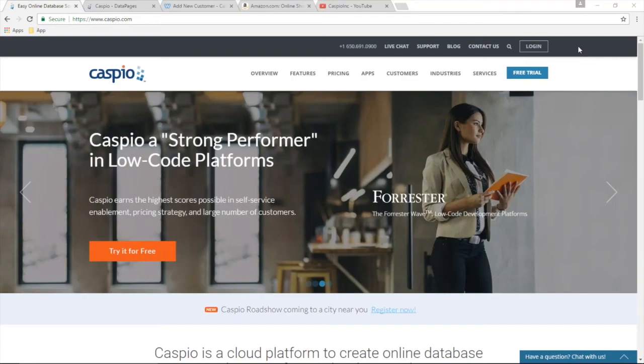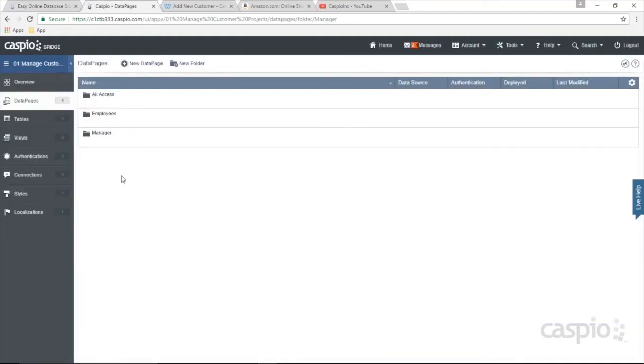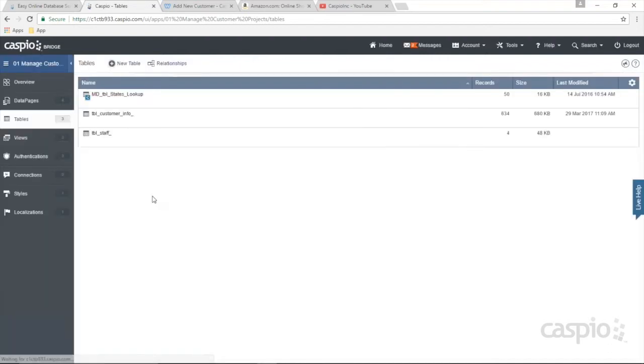So let's go ahead and dive right into the advanced session. So far what we've learned how to do was to import data from Excel. From that we got our customer info table. I also taught you how to create a user table for internal applications that's going to store all of your credentials, user level roles, and then after that we were able to create our views to filter out information from